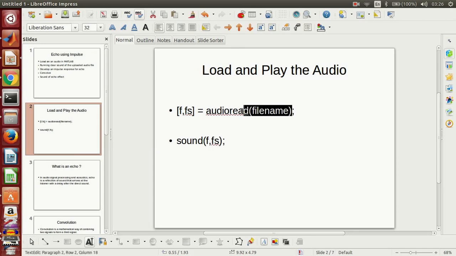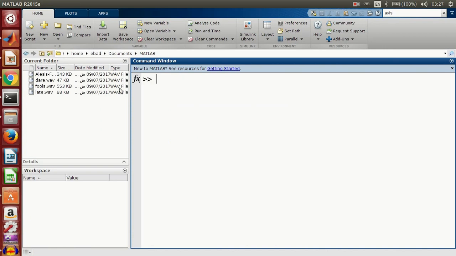So for that we have a function called audioread, and basically here [f, Fs]. Fs is basically a variable which gives you the sampling frequency of the audio you're loading, and f is basically that audio or those samples. So let's